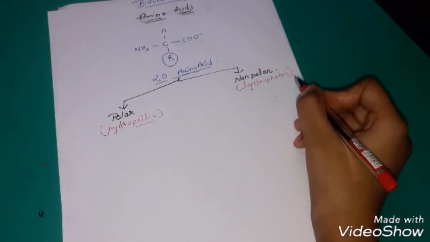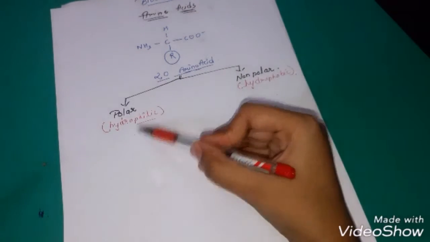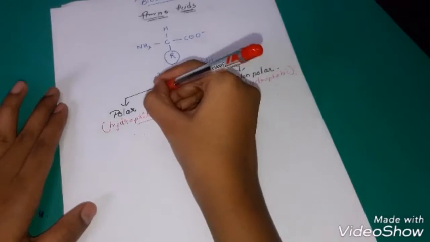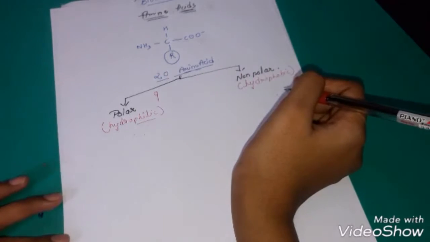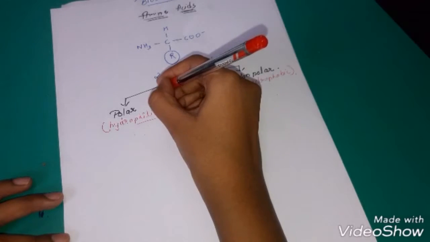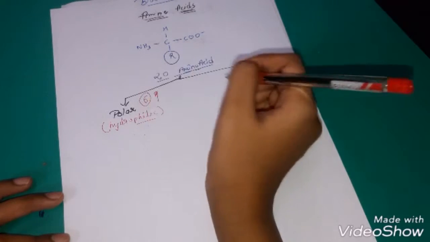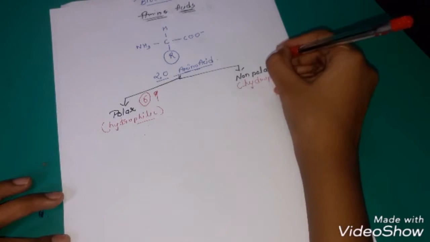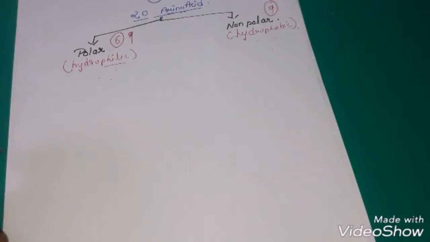Okay, so further, this polar and non-polar division: we have a total of 6 polar amino acids and 9 non-polar amino acids. So I have made some mnemonics, but they are not words we may memorize, just alphabets which we can remember. So the mnemonic for polar amino acids is